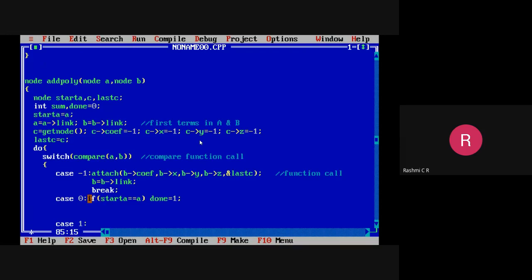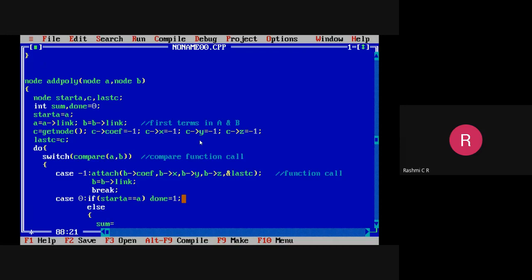So when do we stop? What is the stopping criteria here? Suppose the value of start is equal to A, meaning it is pointing to the header node. In that case, it says that all the terms have been added and the final result is computed. When the final result is computed, start will be pointing to the header node, and in that case done will be equal to 1. So this is an exit case. Let us understand with the do while loop. When writing the while loop condition, you will understand why it is required. Then we will just go with the else case because we have to do the sum operation here.